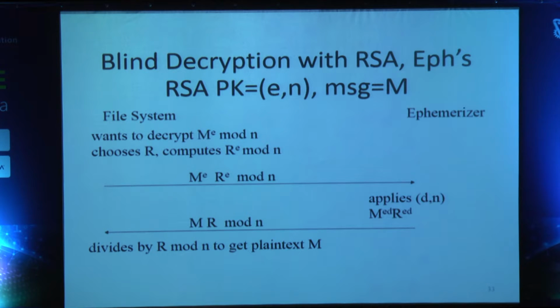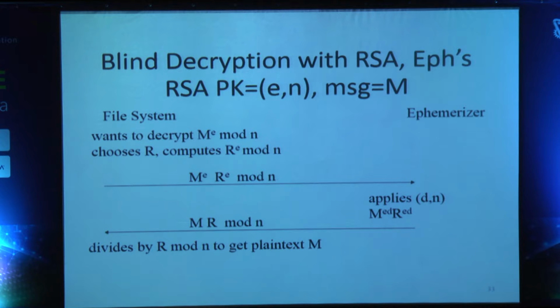So now to do blind decryption, assuming that the ephemerizer's public key is e comma n for that date, what you do is you have some sort of message M to the e mod n. It's been encrypted with his public key, and you want to get M back. So you choose a random number R, you encrypt it with his public key, which means you raise R to the e mod n. You multiply the two together, and you send him M to the e times R to the e, ask him to apply his private key, means he takes that to the power d,